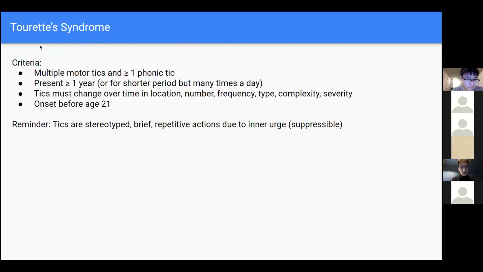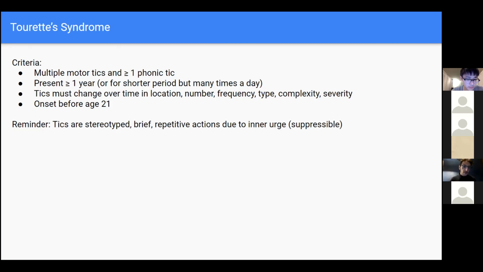And now for Tourette's syndrome. So I think what's important to know about Tourette's is kind of the criteria. So to make a diagnosis of Tourette's syndrome, you need multiple motor tics, so at least 2 motor tics and at least 1 phonic tic, like a vocalization. And they need to be present for at least 1 year, or for a shorter period, but many times a day. And these tics must change over time in location, so different motor or phonic varieties, number, frequency, type, complexity,